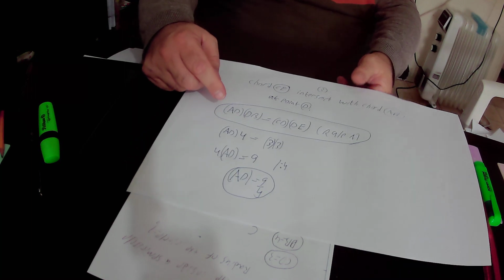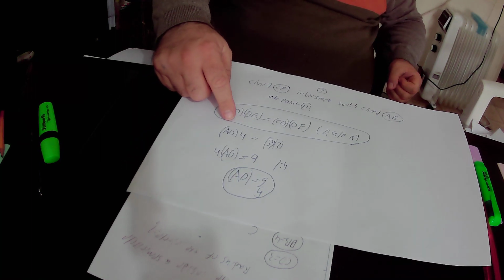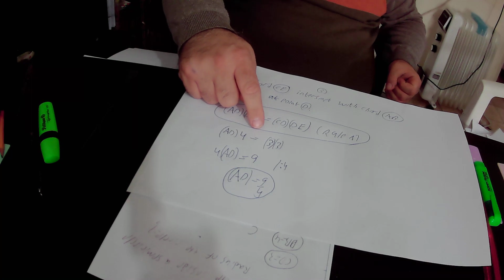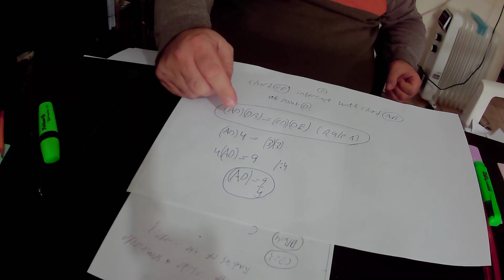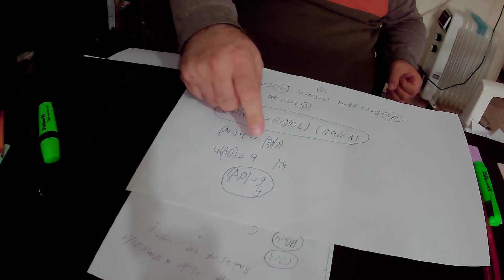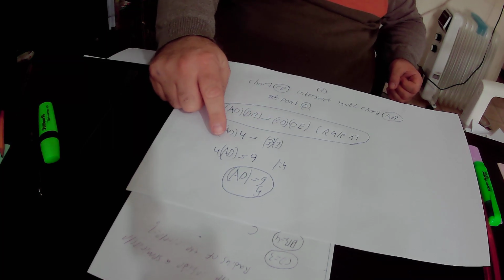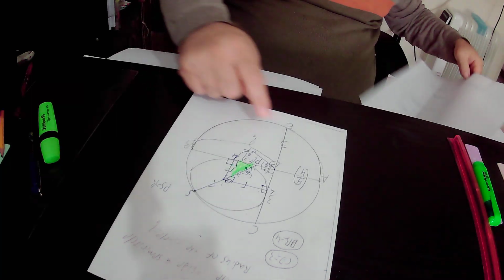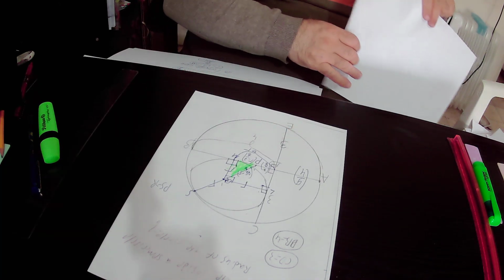So in conclusion, we found out that 4 times AD equals 3 times 3. That's to say 4 times AD equals 3 times 3, that is 9. 4 times AD equals 9. We divided this equation by 4 and found out that AD equals 9 over 4. So here AD equals 9 over 4. Now,